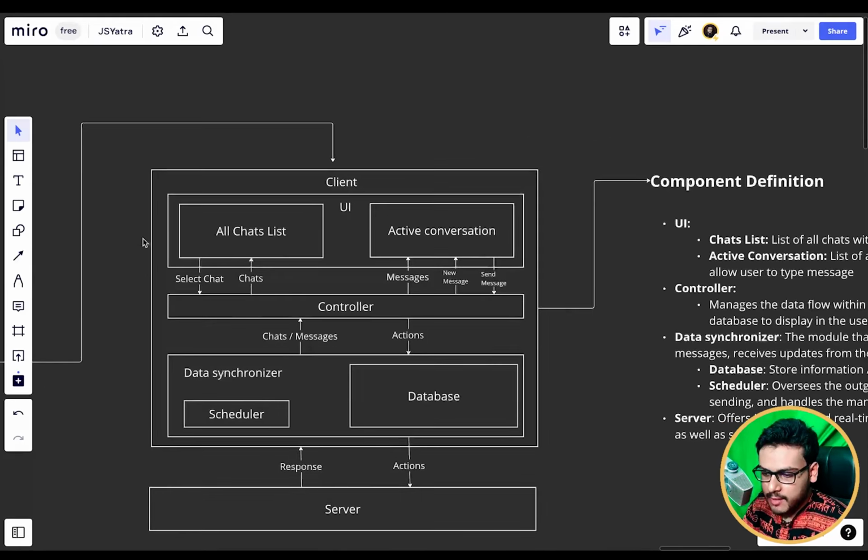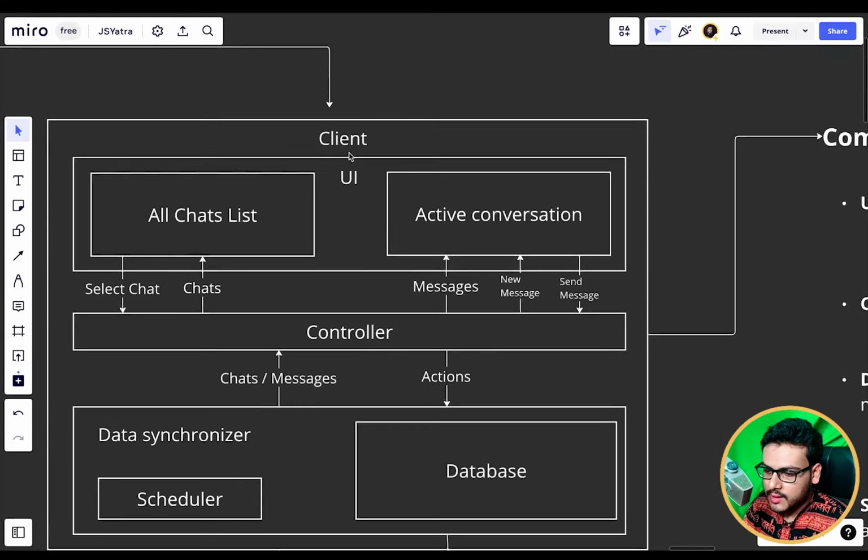Coming to the major part, that is the client. On the client, we have the whole collection of UI plus logic plus database. If you sum up all of these, that becomes the whole client. So the client is not just the part you see on the browser, but also the part working behind the scenes on the browser. It is interacting with the database as well, hitting all the APIs, logic and controllers and other stuff. So in the client, we have majorly three sections.